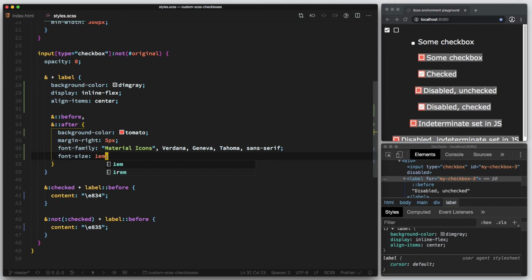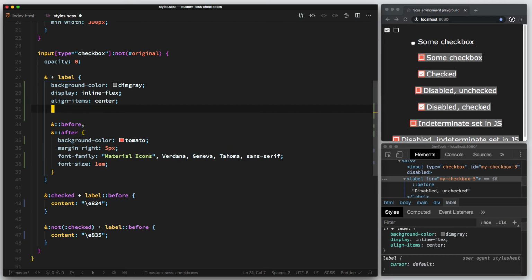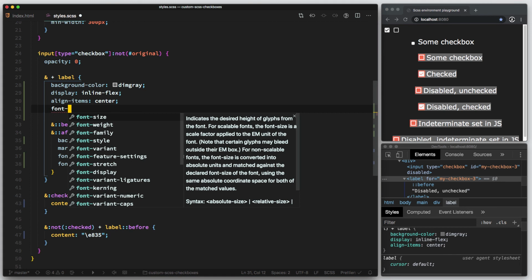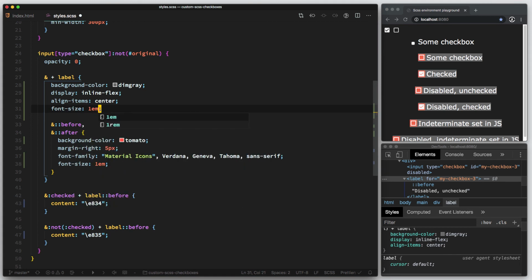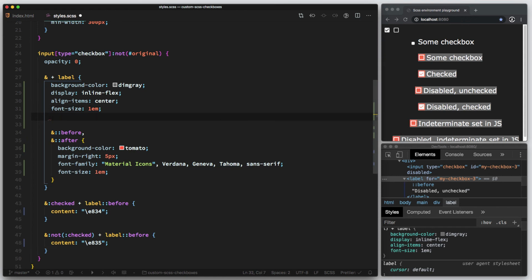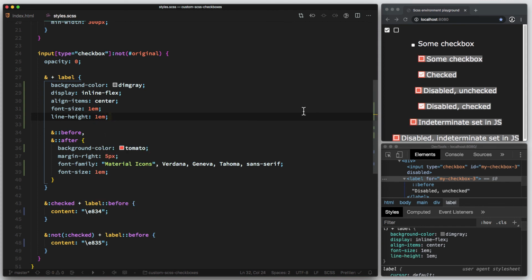And during my experimentation with creating the video, I came across something else that I added to my styles, and that is attempting to center also the text of the label itself. So if we were to add a font size here, doesn't look like it makes a difference. But then if I changed the line height as well, then the label in my experimentation started to also align itself to the vertical axis. So one thing I wanted to do